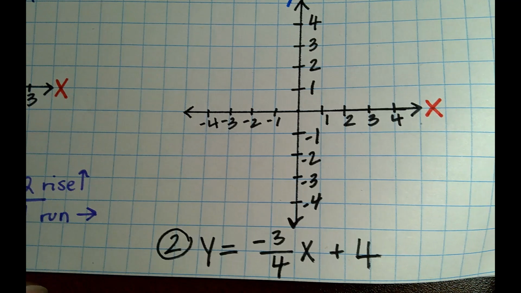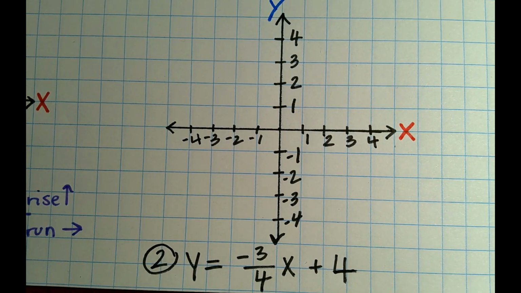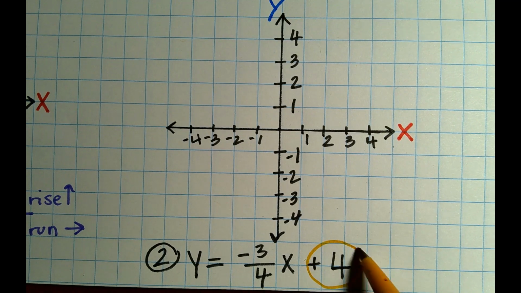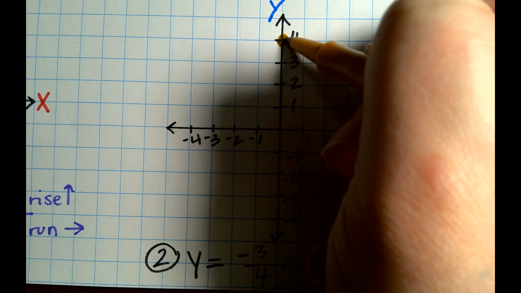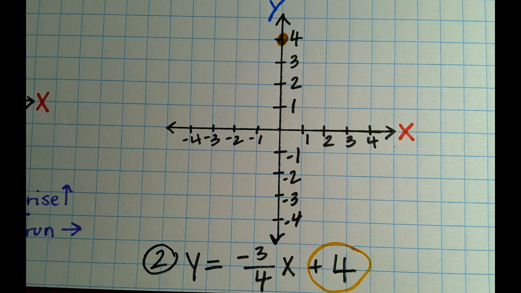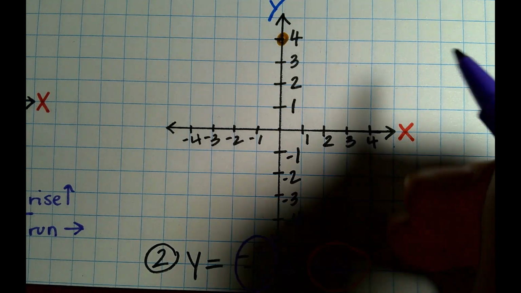Y equals -3/4 x plus 4. What do I do first? 4. Good. We're going to go up 4 for our y-intercept. And where do I go from there? Perfect. My slope is -3 over 4, so